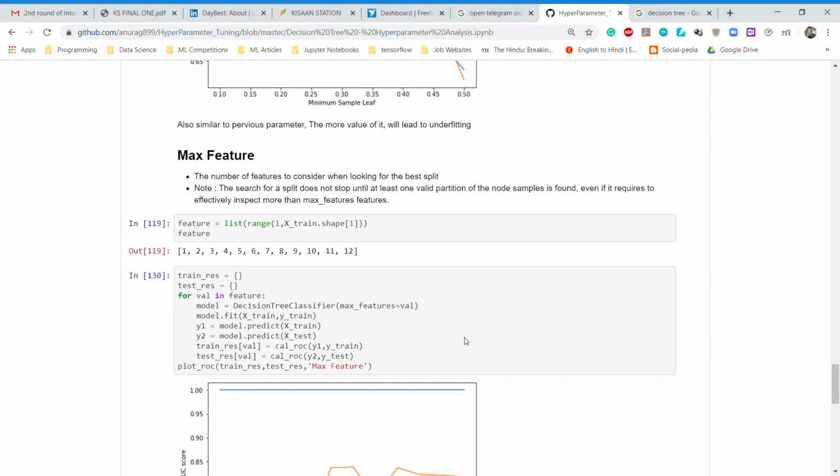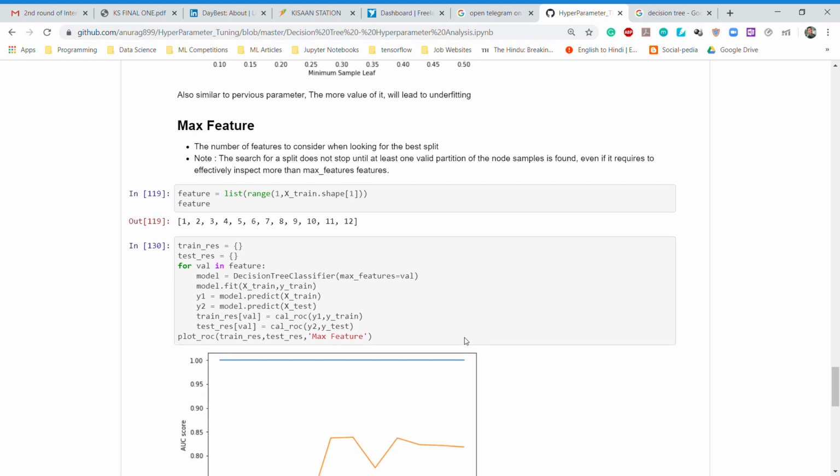The next parameter we have is max feature. Suppose we have multiple features in our data set, so how many features do we need to consider before we do the split? In a decision tree we do the split and divide the data from a parent node into child nodes. So how many features do we require to make this split from our node?